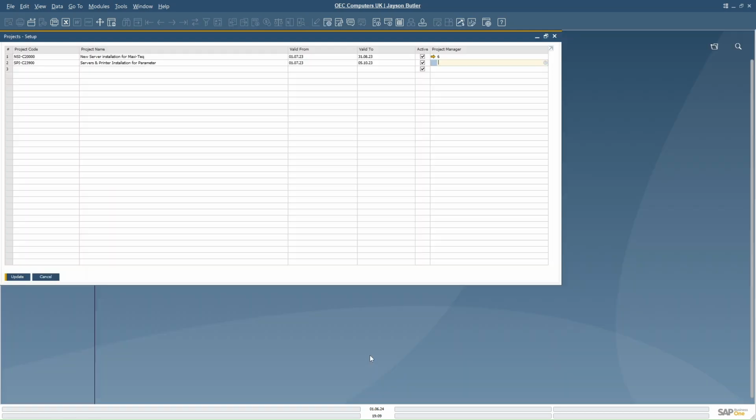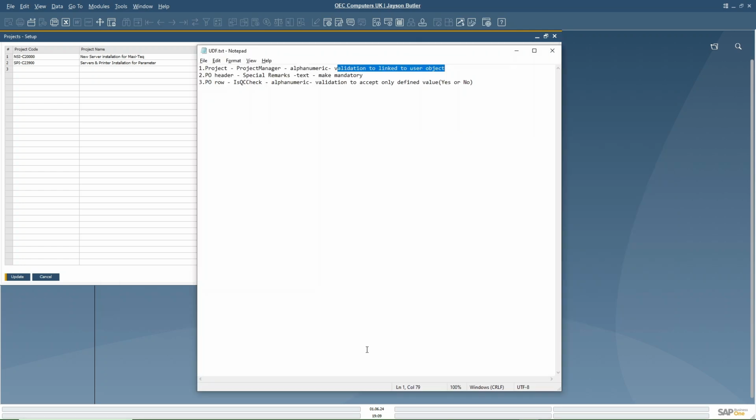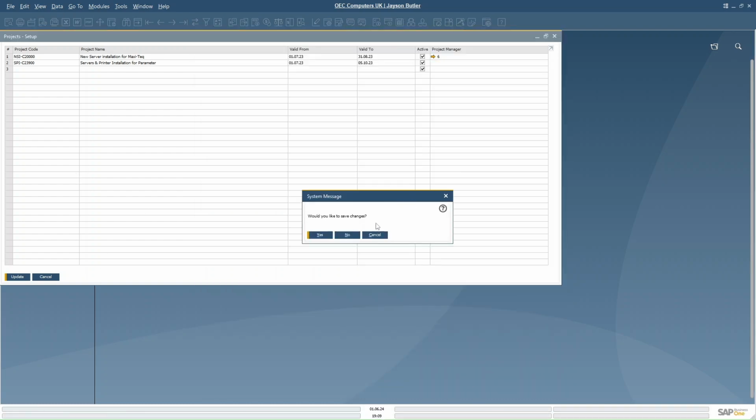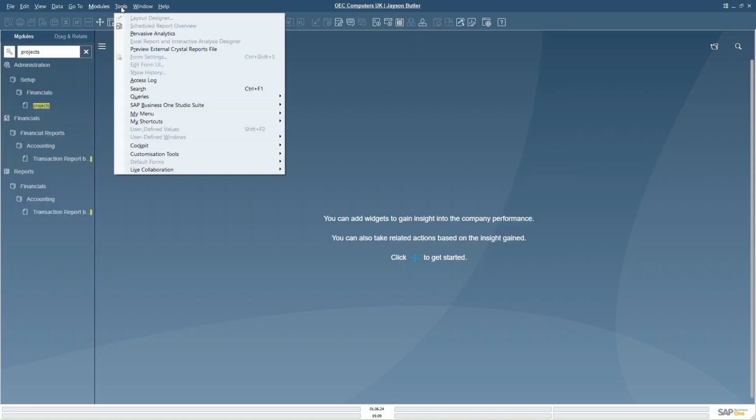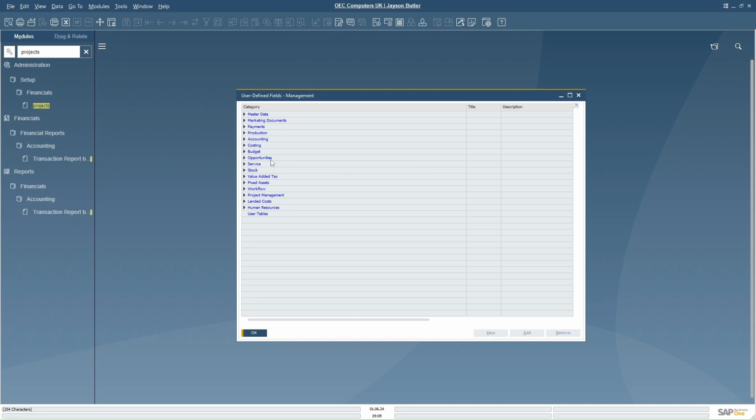Now a second UDF that we want to create is special remark, on the marketing document header line. Tools, Customization Tool, User Defined, Marketing Document.